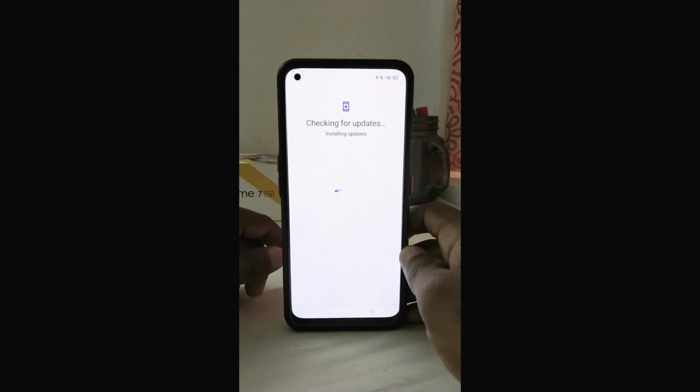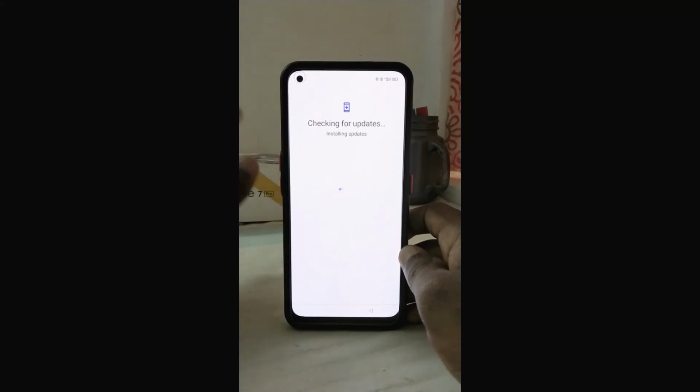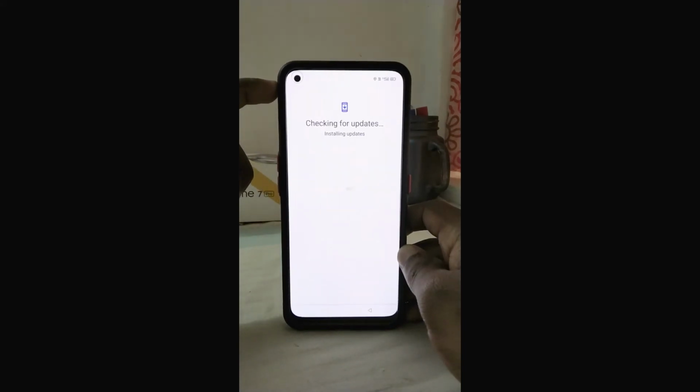So my Realme 7 Pro is the 128GB variant, which was bought around 8 months back. And after 25 days of buying it, I lost my Widevine L1 certificate. I'm proud to tell that, actually. I went to the service center and they tried flashing software and it didn't work. Then they replaced my device. So this is the second device of mine.